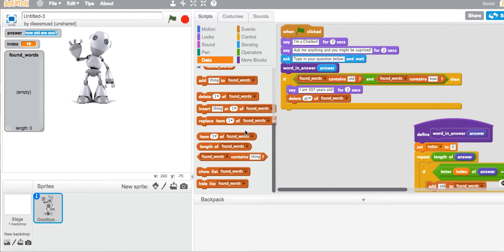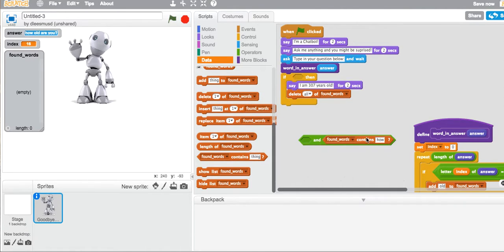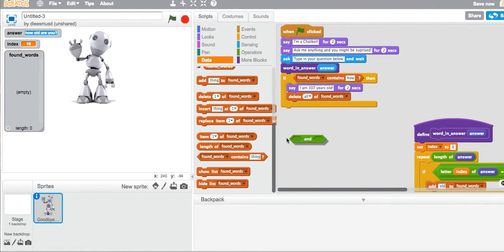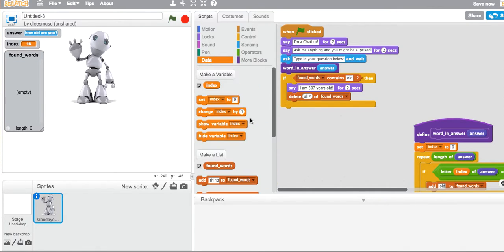So now we want a robot to give a general response, right? If we don't find out what question they're asking, if our program doesn't account for the question that they're asking, the way we're going to do that, first of all, I'm going to convert my algorithm back to the way it was. So if contains old. Right? Okay, and so the way we're going to do that is we're going to go to data